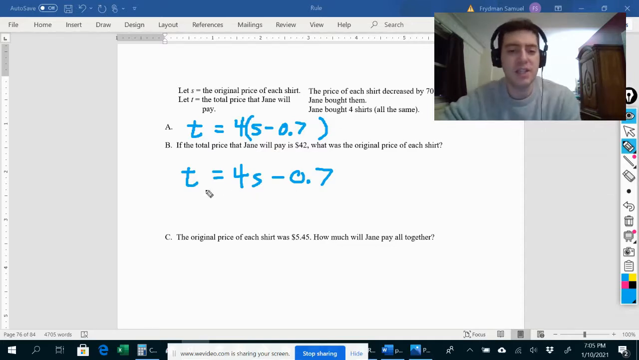And the reason is this equation is really saying that we take the original price of each shirt and multiply it by 4, and then we only take 70 cents away one time, which is not really what's happening here. So if these are the 4 shirts,